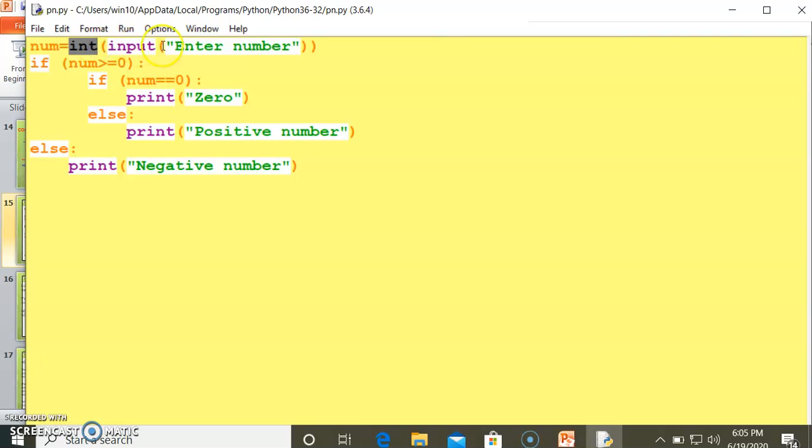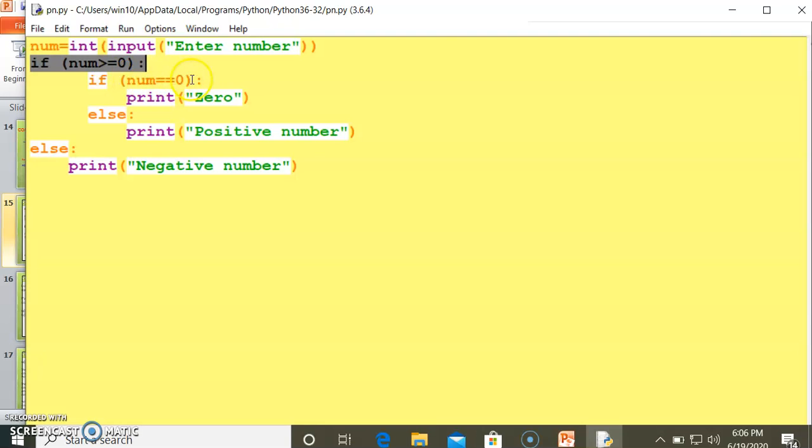If I am not using int here, whatever I get from the entered number through input will be string type. Here this is the outer if statement: if num greater than equal 0, whatever value you get must be greater than or equal to 0. It will check.